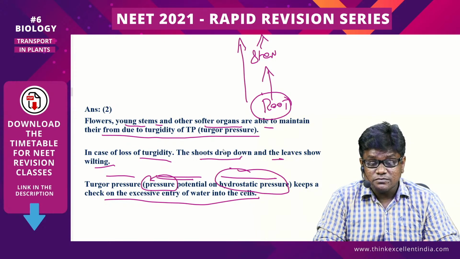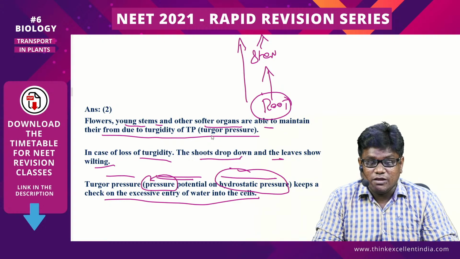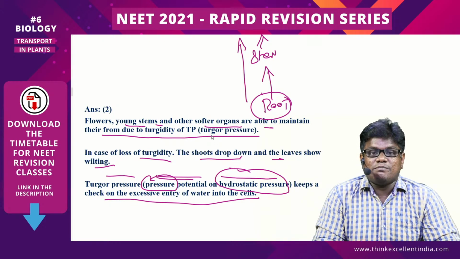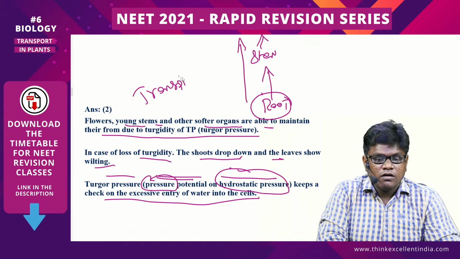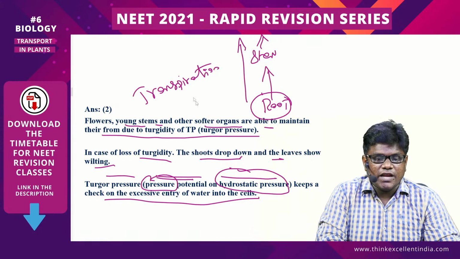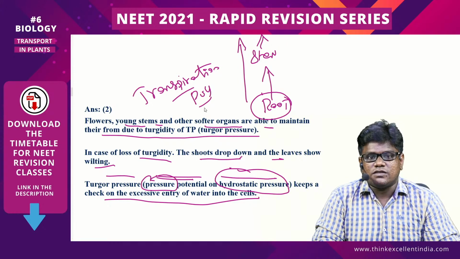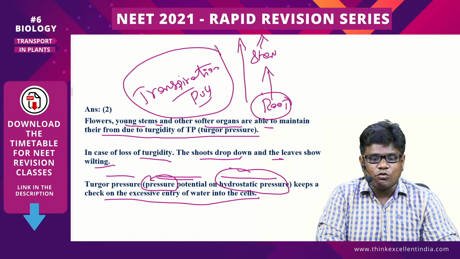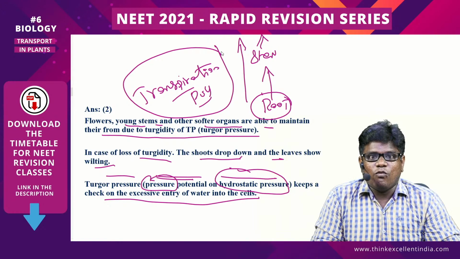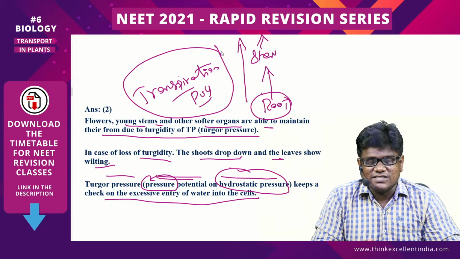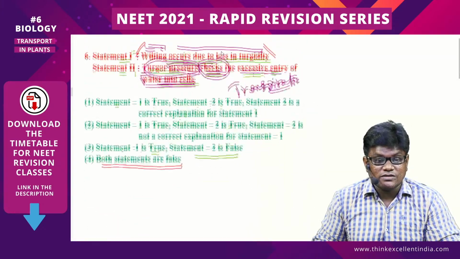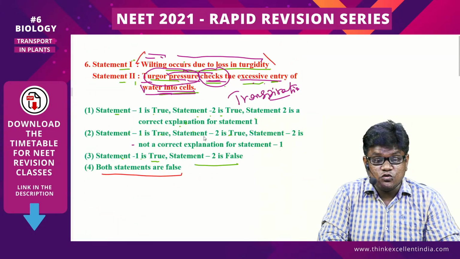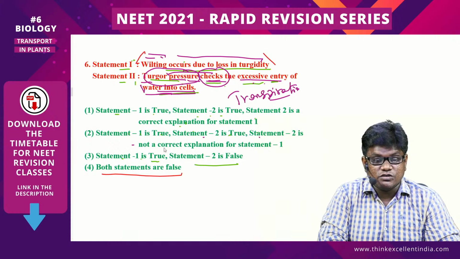Hydrostatic pressure. Hydrostatic pressure means what? The pressure will be given from the top of the plant system. So transpiration, the full process, also plays an important role in pulling the water content upward in the xylem region of the root system. And here you can see option 2 is the right answer. Why? Because statement 1 is true, statement 2 is also true, but statement 2 is not a correct explanation for